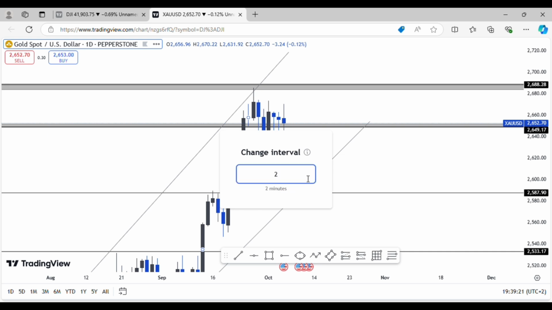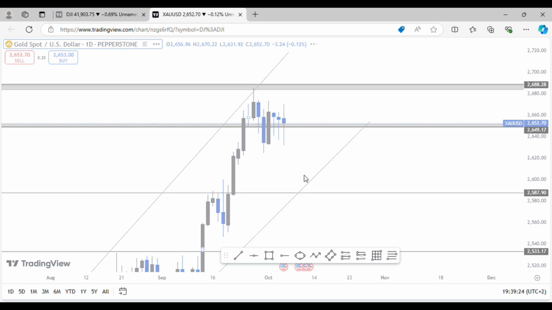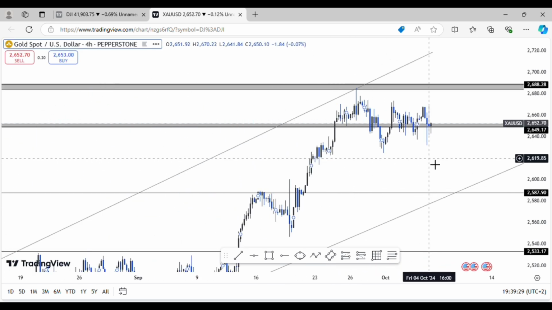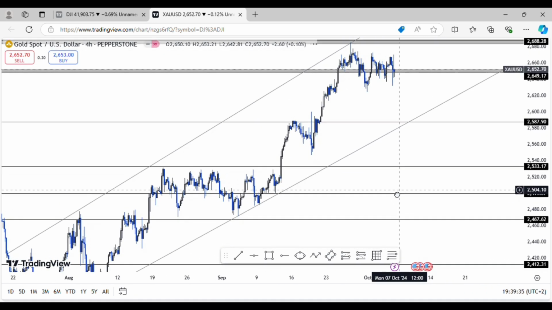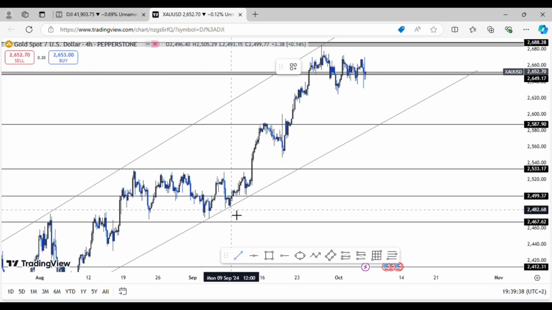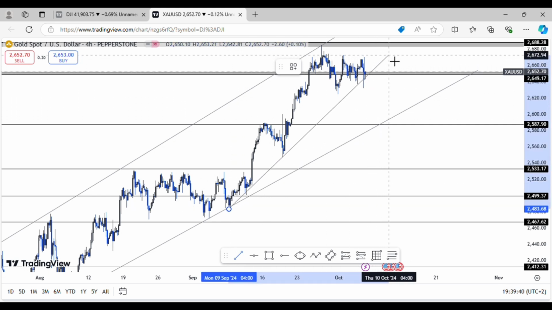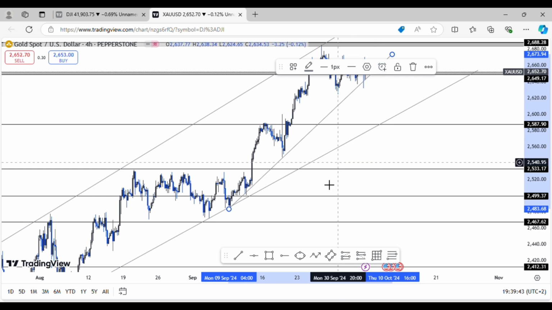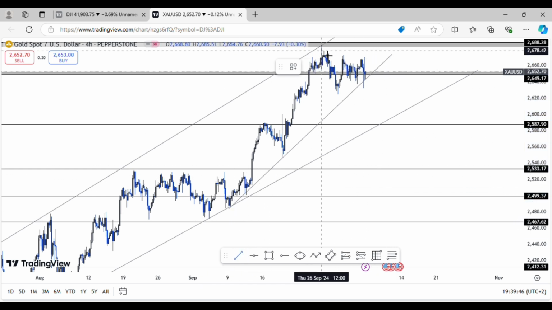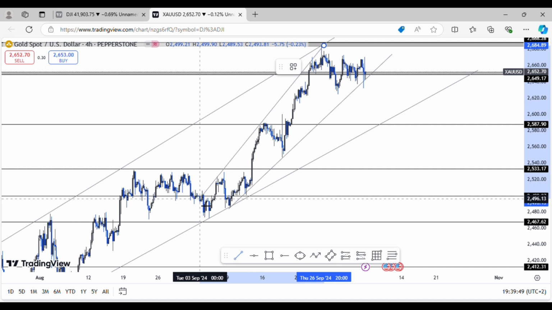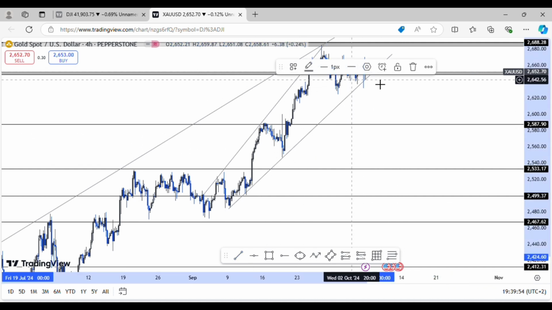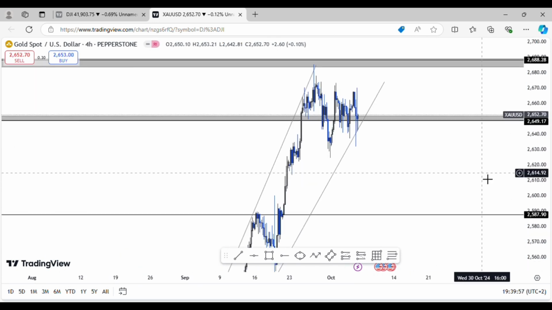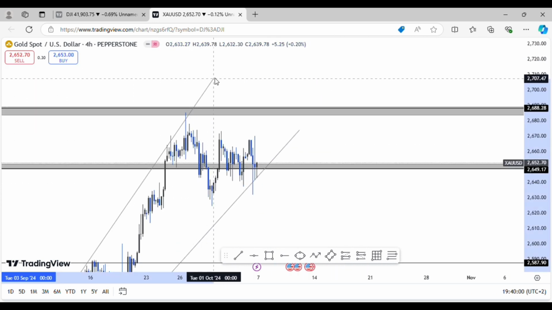But then that doesn't stop us from finding our direction. I'll just have to move to my 4-hour chart. So on my 4-hour chart, I'll just see if I could find any possible direction for us. Let me just see if I could put a possible trend there. Okay, and just see if I could find any trend from there to there. Okay, then I'll just have to delete these trends. Okay, so since now I have 2 possible trends,